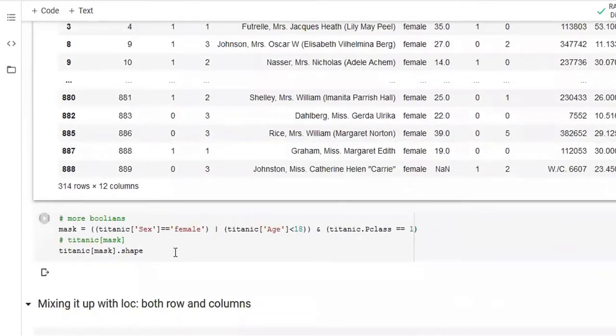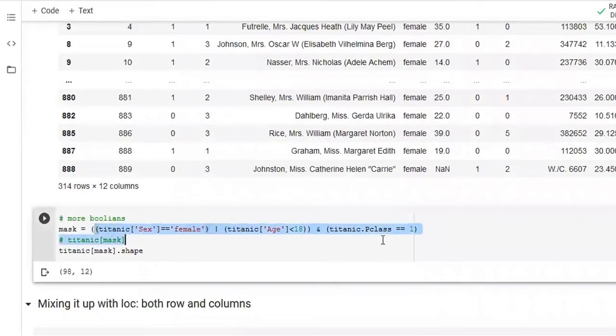Why? Because in situations where you have multiple Boolean operations that you want to create, for example, first you want to select all the females, or they are less than 18, who are young, and they were in the first class, they had the first class ticket. So this is the mask I have created.